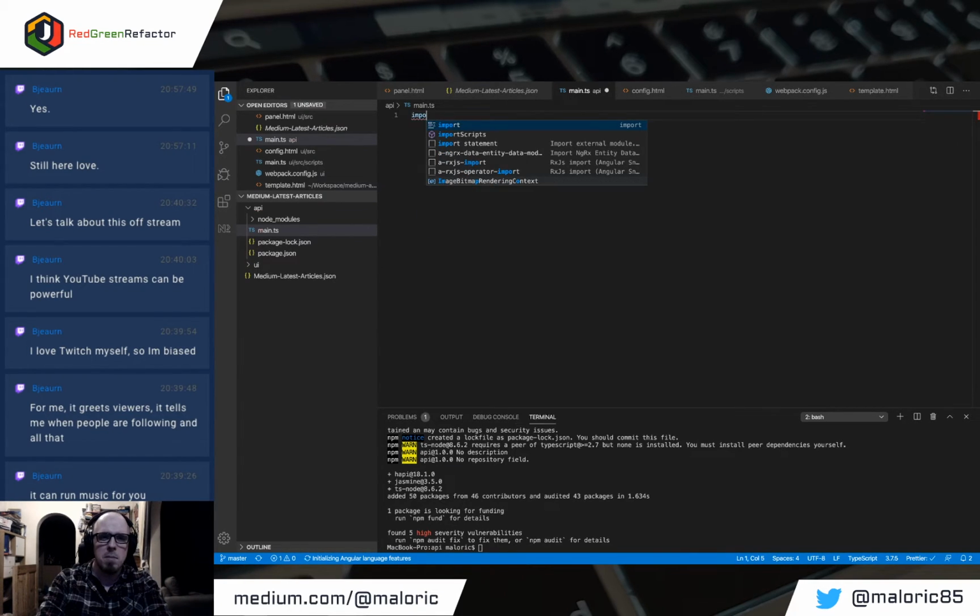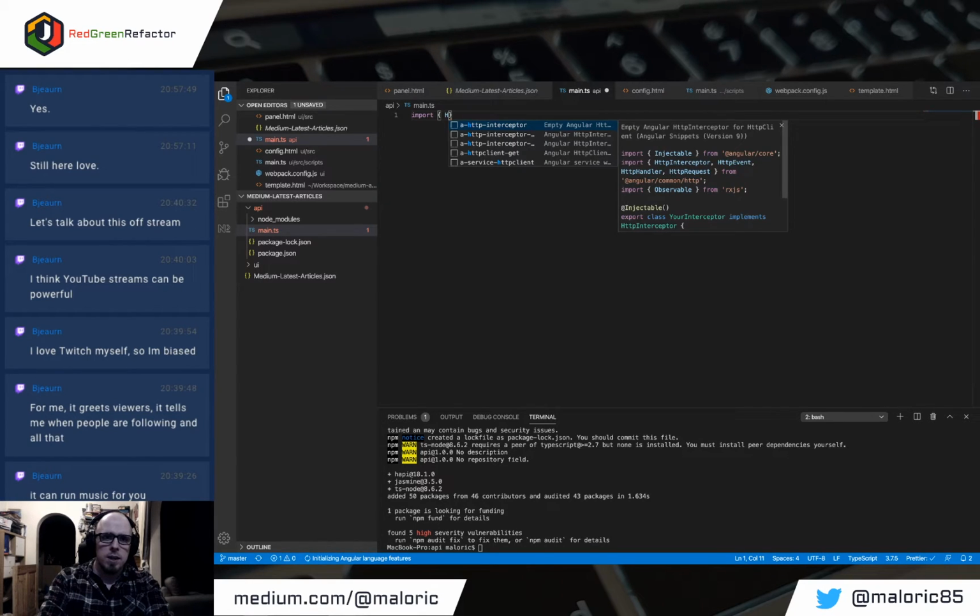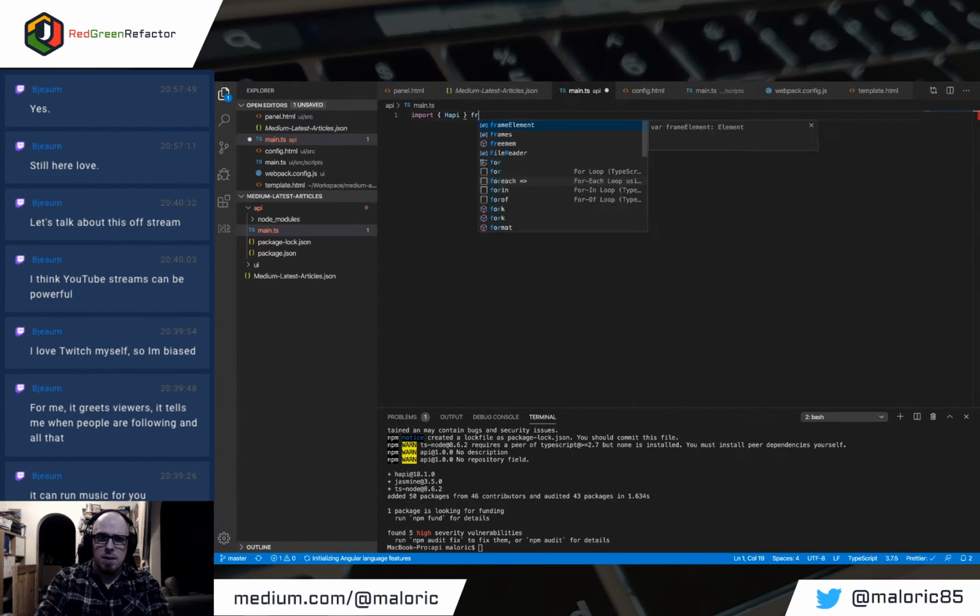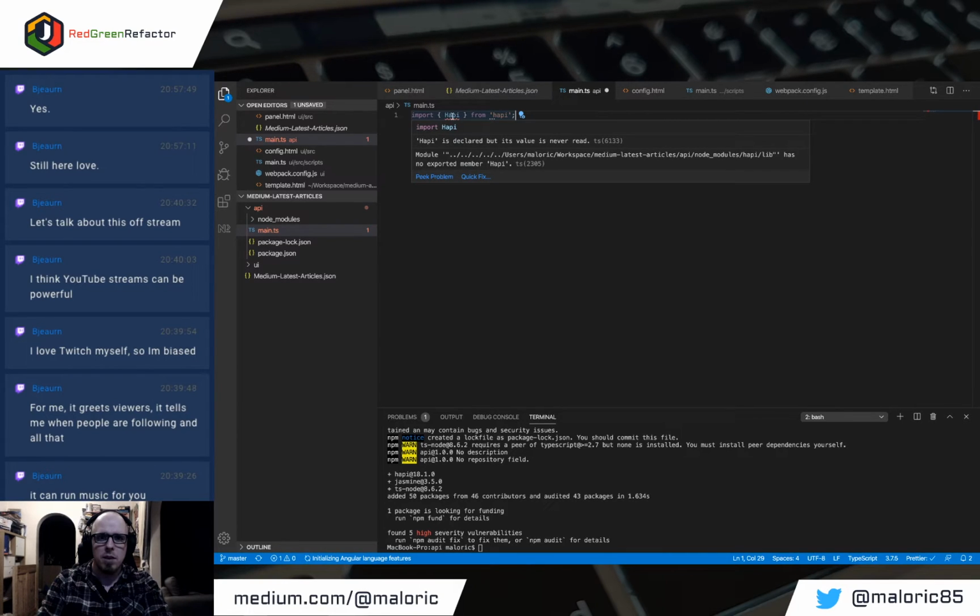So let's see if I can remember how this works. Import, tell you what, let's go, yeah, no, let's do that, actually. Whoops, import Happy from Happy, I want to say. No, that's not going to work, is it? What have we got? Happy is declared but never read. Oh, that's okay. But it doesn't export Happy. Okay, that's fine. I'll tell you what. Let's try